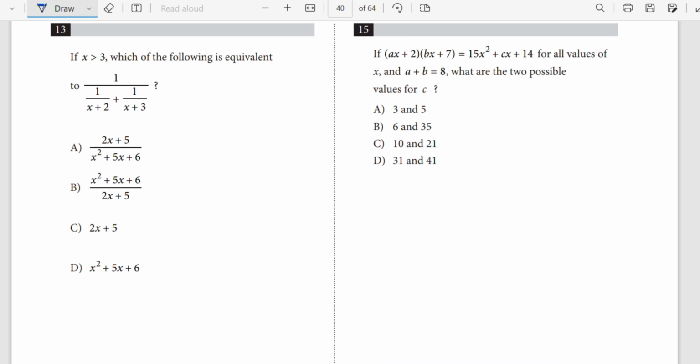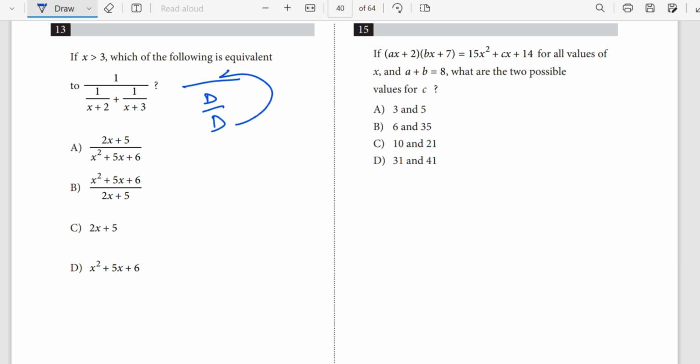Question number 13. X is greater than 3. The purpose of x is greater than 3 is that there will be no negative value and no negative fraction in this question. Okay, so keep it in your mind. Denominator's denominator